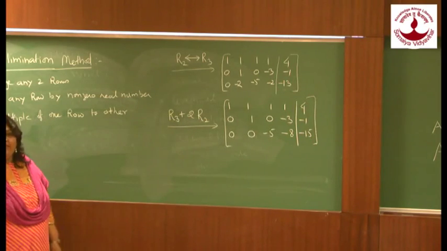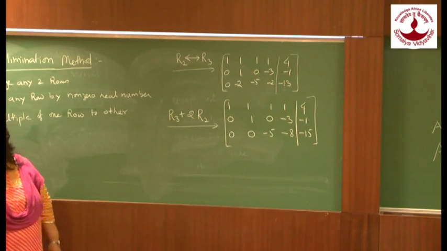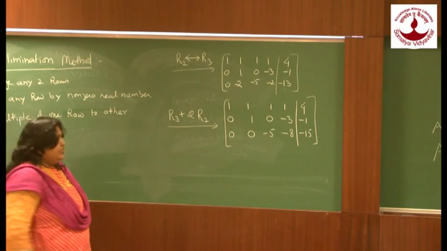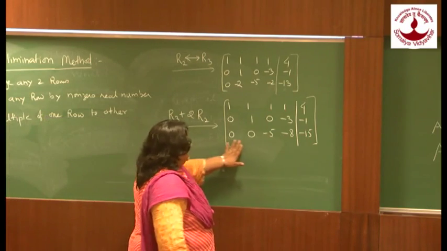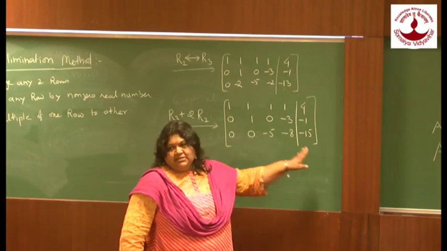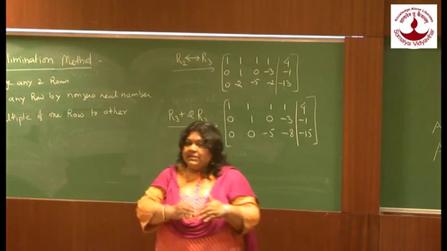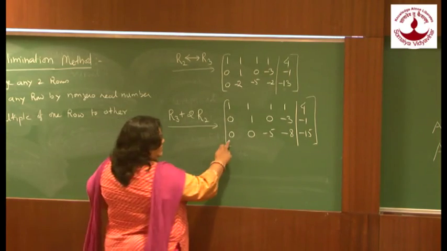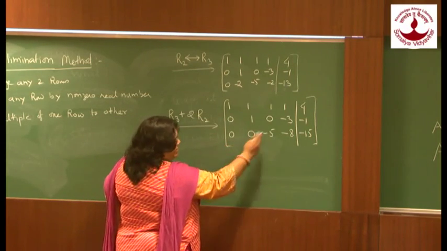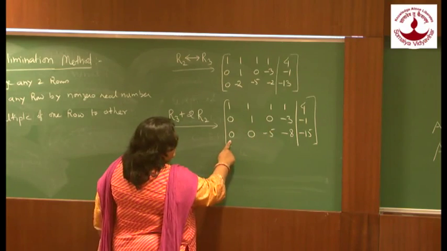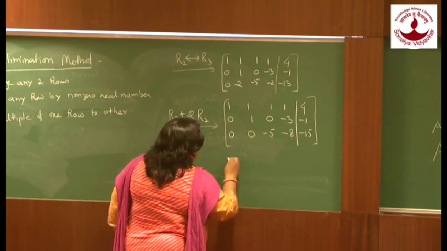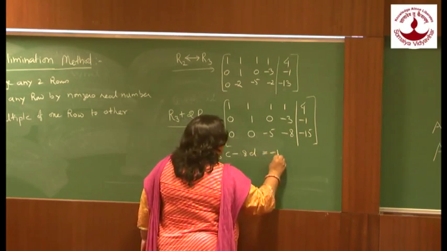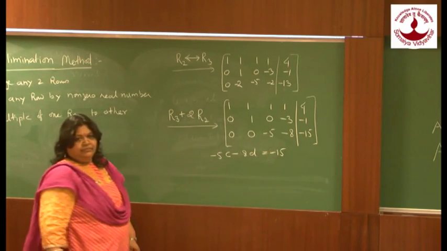Alright, so we have completed our work of using Gauss elimination. Now we are ready to take the solutions out from this. Start from the bottom row always, the last row, because that is having the maximum number of zeros. So always start with the last row. The variables are A, B, C, D. So for minus 5C minus 8D equal to minus 15,